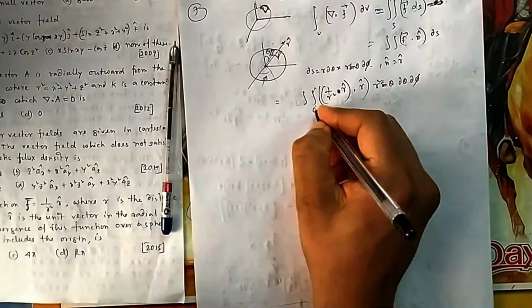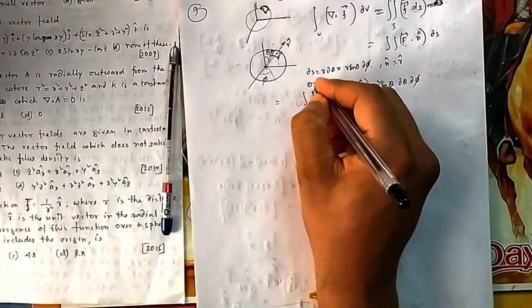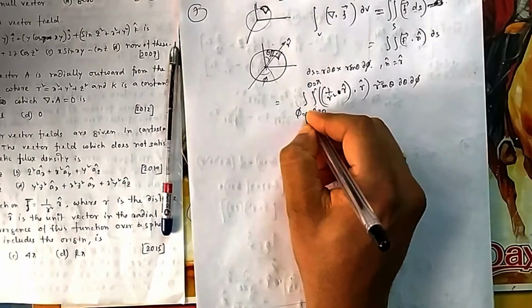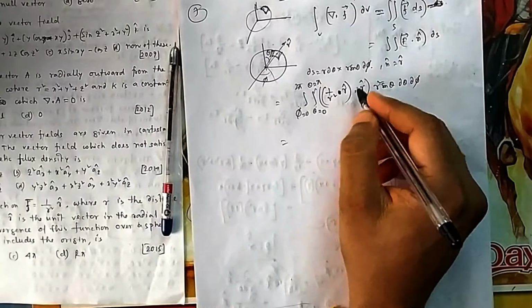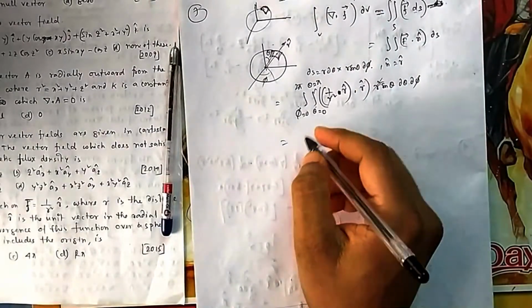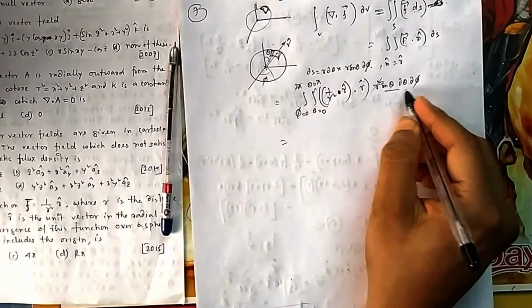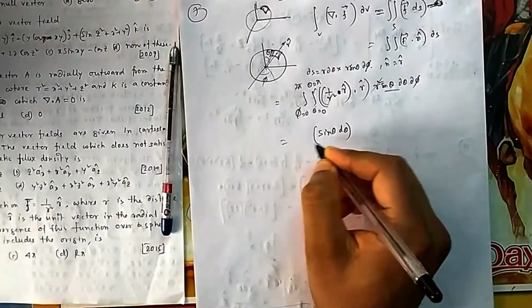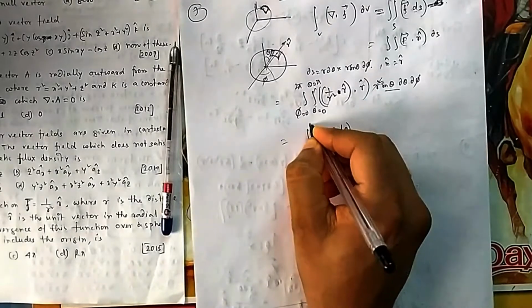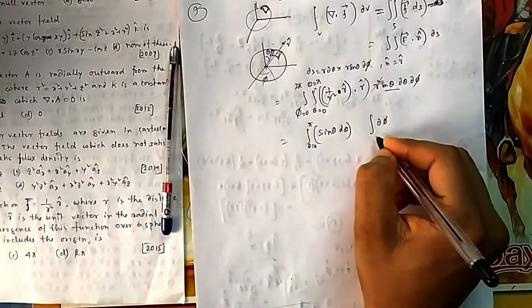So your theta has to move from 0 to 180 or 0 to pi, and then phi has to move from 0 to 2 pi. So that you have to do. So r will be 1, r square will get cancelled. So finally you can segregate these, because these are not now linked. So you can segregate. Theta is from 0 to pi, and integration d phi, which is from 0 to 2